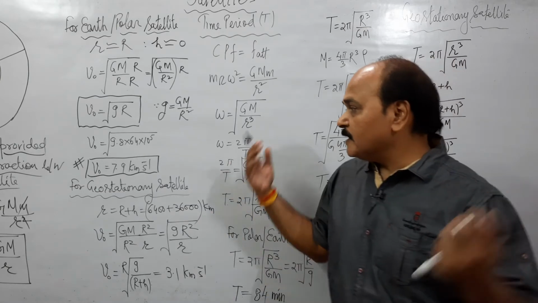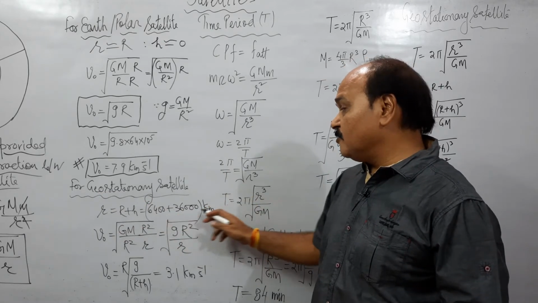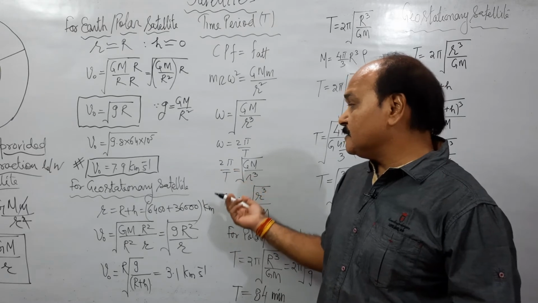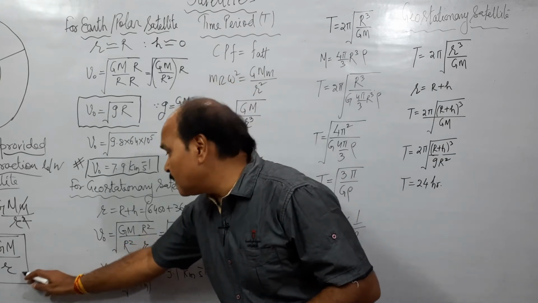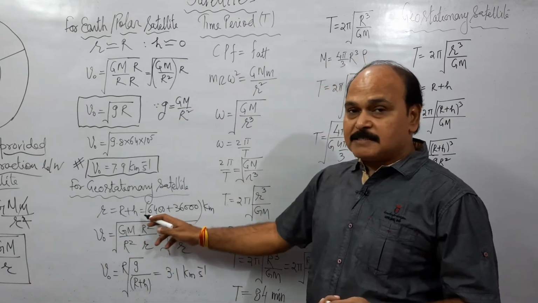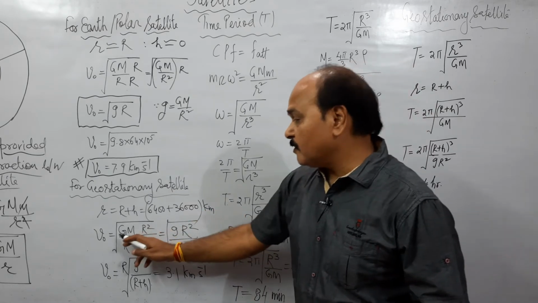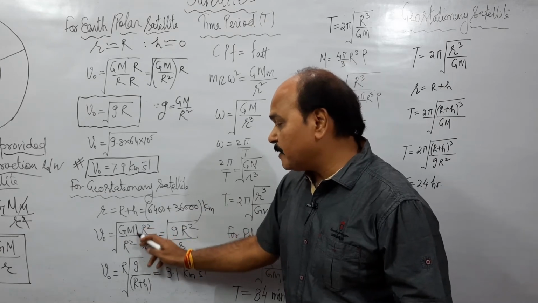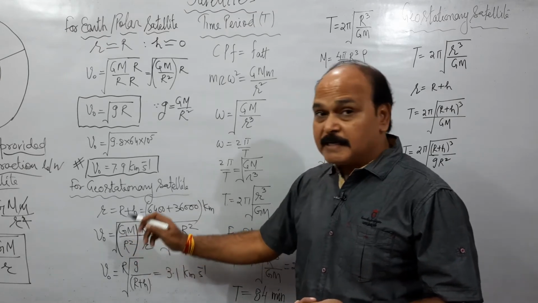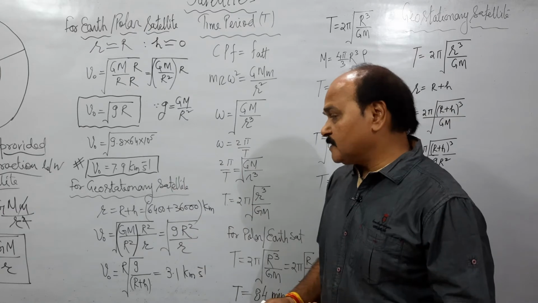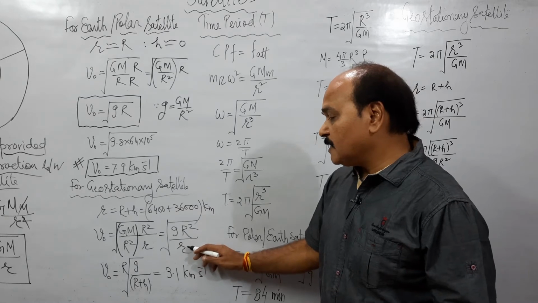If the satellites are far away, like a geostationary satellite, whose distance is 36,000 kilometers from the Earth's surface, in that case, for the orbital velocity we are going to use the same formula, but this R is going to be replaced by R plus h. h is 36,000 kilometers. See, the formula of orbital velocity is root of GM by r. We multiply it by R square and divide it by R square. And this quantity is what? This quantity is acceleration due to gravity over the surface of the planet, g. This is R square and this is r. Well, this r is R plus h.